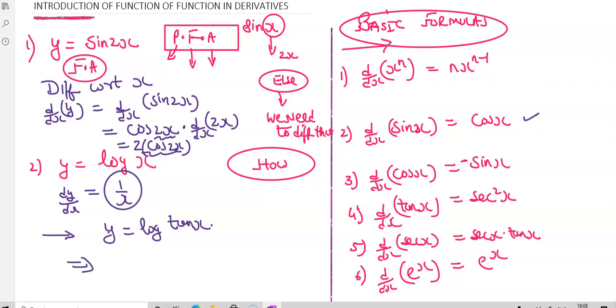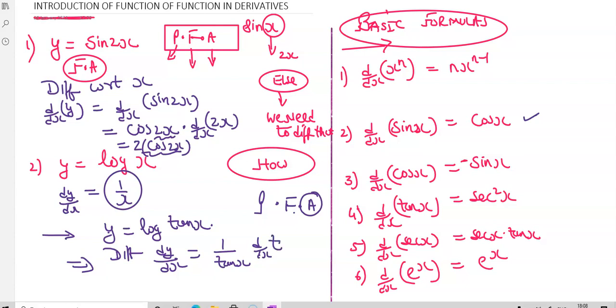In this question we have a function which is log, and instead of x we have the angle 10x. Now if I differentiate, dy by dx, it is 1 upon 10x into derivative of